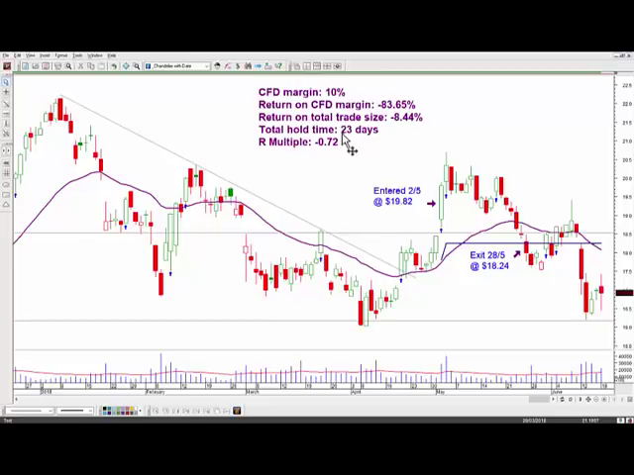So this trade I held for 23 days, and if this was a share trade it would have been a negative 8.44% loss. It was a CFD trade with a 10% margin, so it was a negative 8.65% on the margin amount. And this is the figure that I'm most interested in. I'm going to get some small losses and some small profits, but I want to make sure that no losing trade goes beyond a -1, and I'm looking to get some winning trades that are multiples of R,